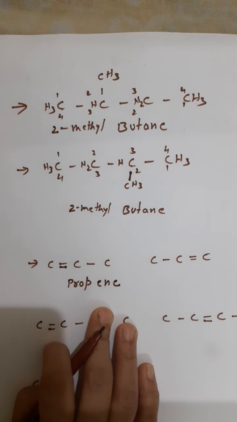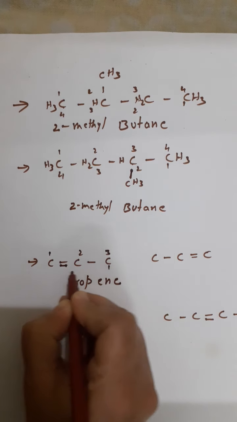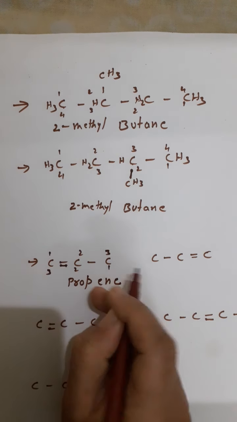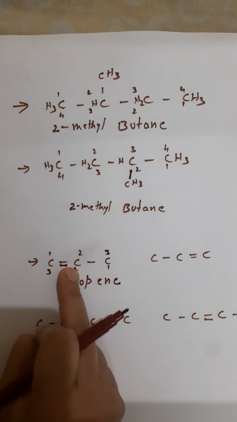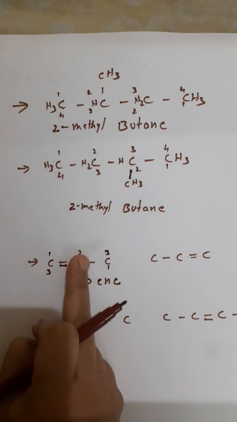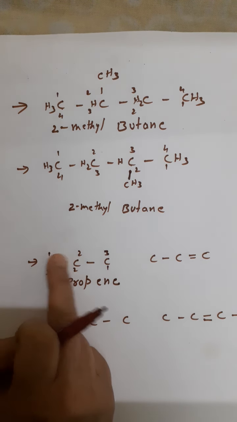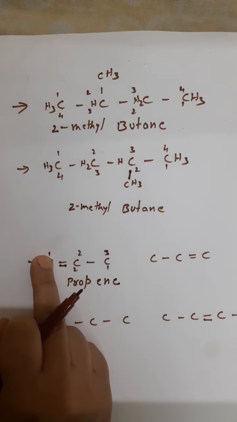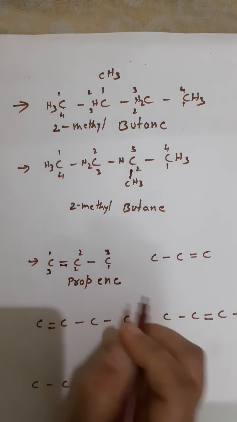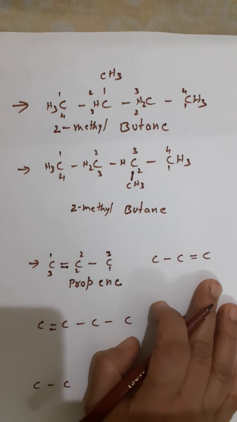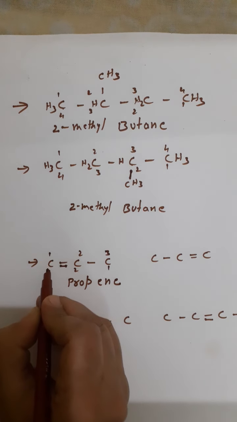Now again comes the next question. Where is the position? So if I start naming here, it is 1, 2, 3. Start from here, 1, 2, 3. So where is the least number given? Here. So where is this double bond located? On between the first and the second carbon. Since it is located on the first, the bond is from the first to second, that means number is 1. So when it is on the first carbon, you need not mention the numbering. So simply you can write it as what? Propene.